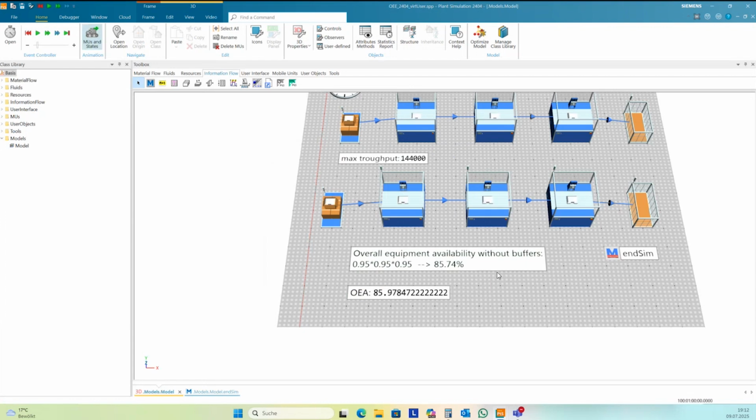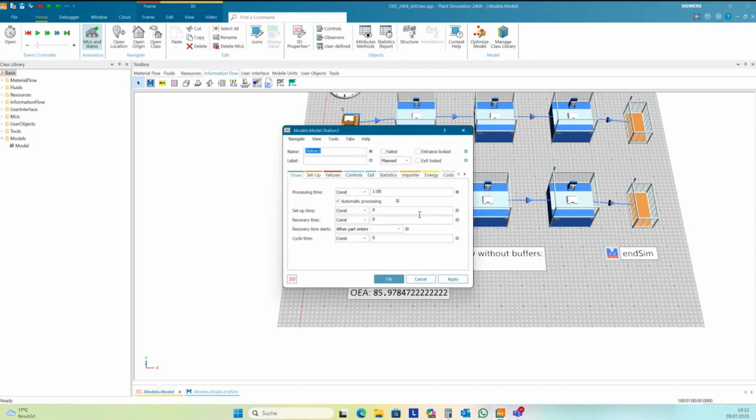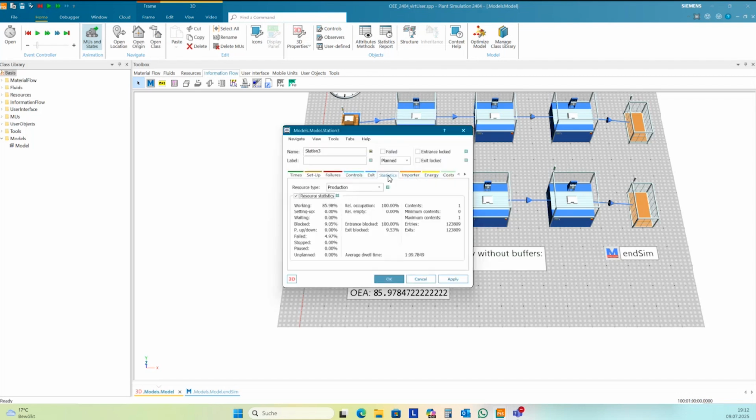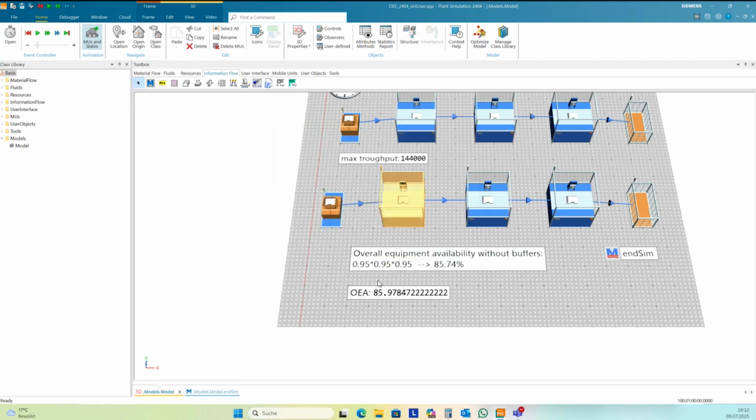This is one of our big problems in plant simulation. You will need a lot of failure events to get exactly to the availability that you set here in the stations. If you go now in the stations here and have a look into the statistics, then you will see, okay, this is until now only failed for 4.97%, not for 5%.